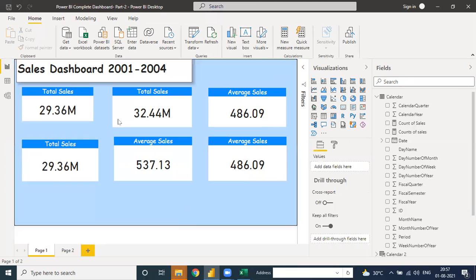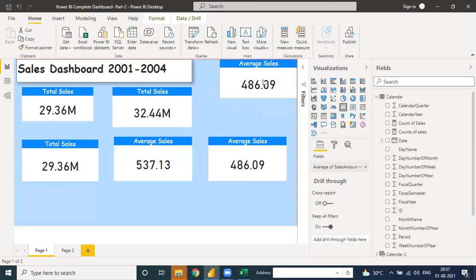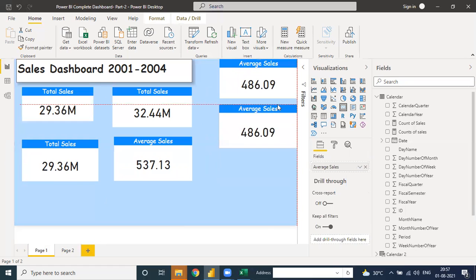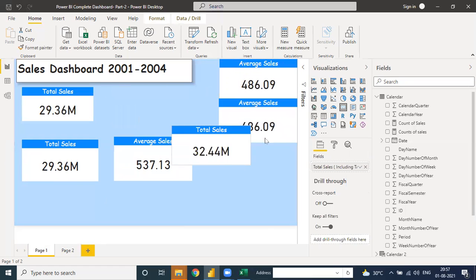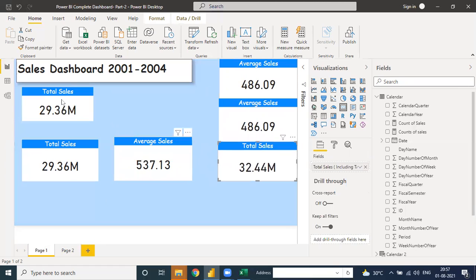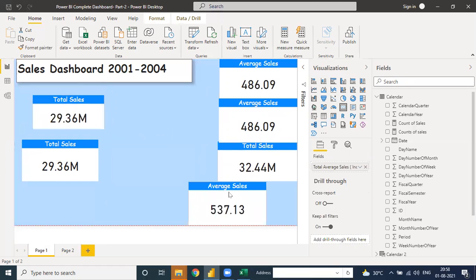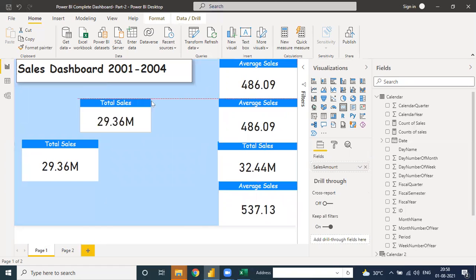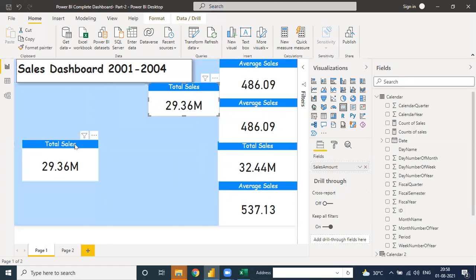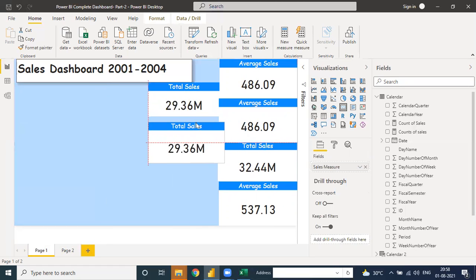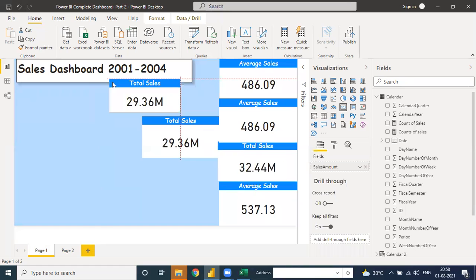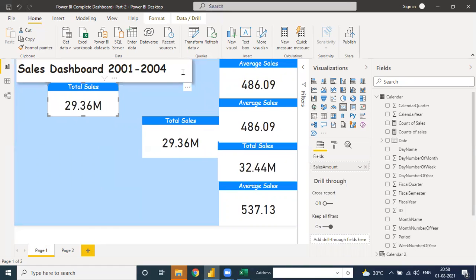Okay. Now from the next point of view, suppose you move this side up, total sales, average sales, and this one is total sales, or you can directly move here.